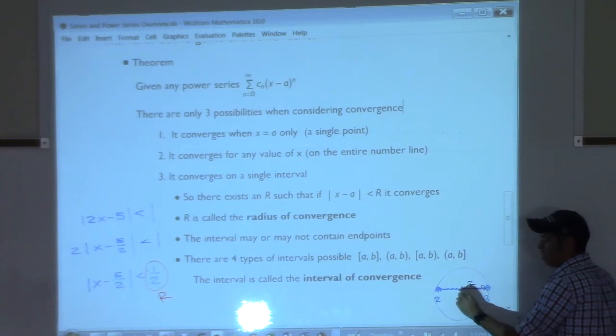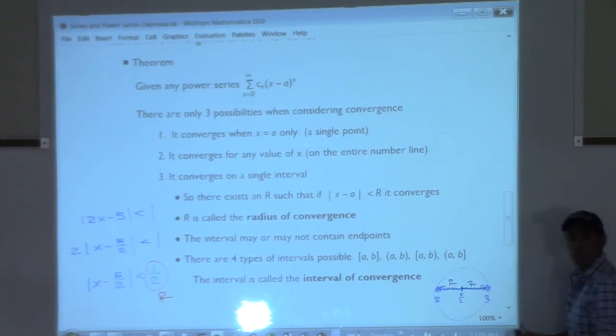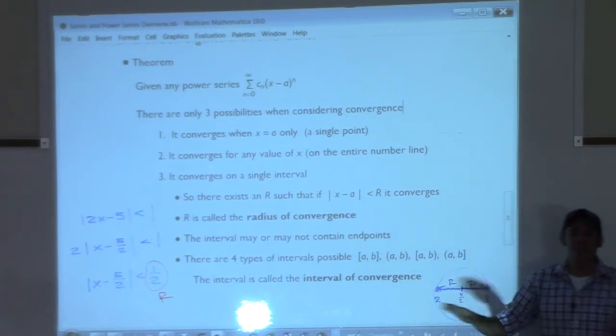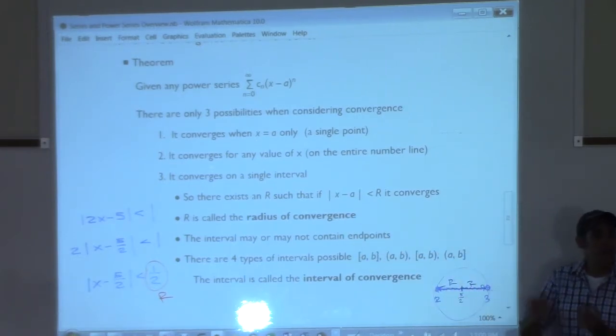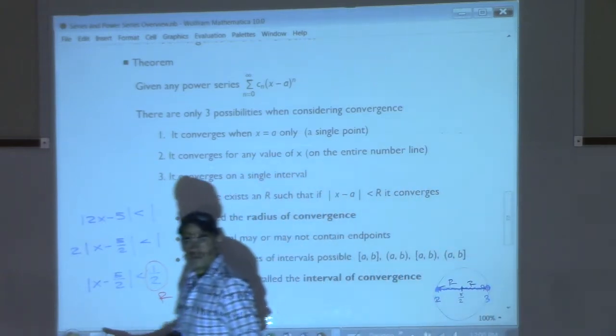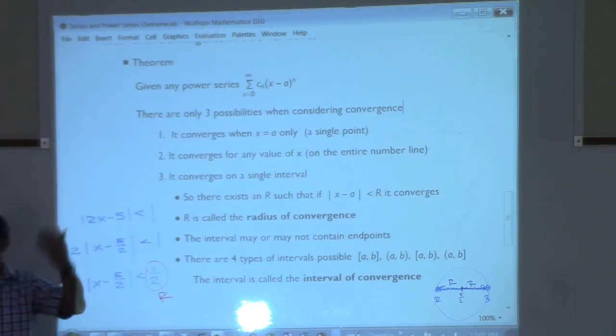It's right there, r, and then r. Does that make sense distance-wise? Understand? It just tells us the radius of our interval. The capital R tells us nothing about the endpoints. It just tells us about the width of the interval. Make sense? So if you're asked on a problem to find the radius of convergence, do you have to test